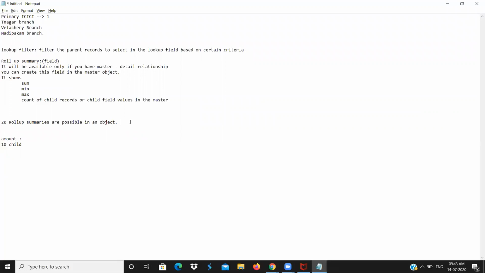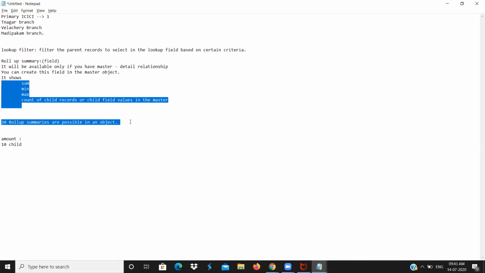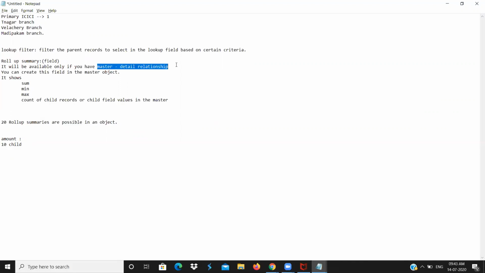So this roll up summary is also an important concept. It will be available only in the master detail relationship. If you have a lookup, it will not be there. It can be created only in the master object, not in the child object. What it can do is 4 actions: sum, minimum, maximum, and count. It cannot do average. That is one important thing you should know.